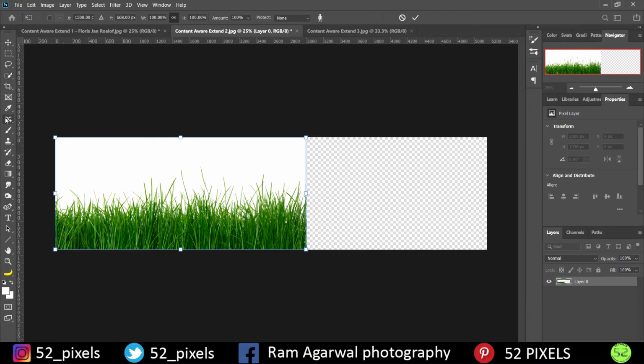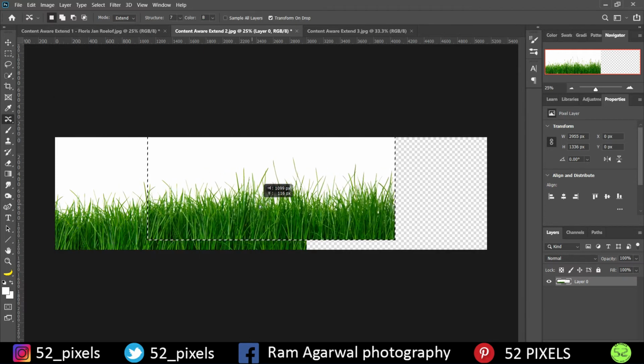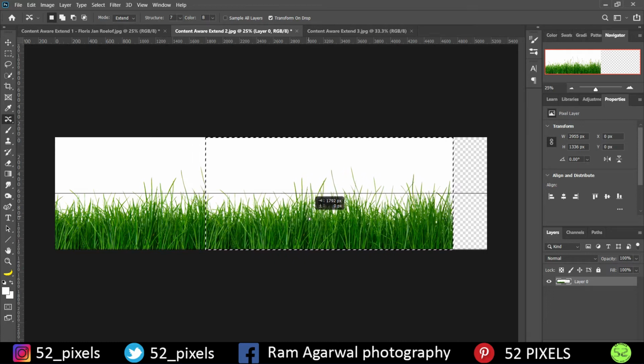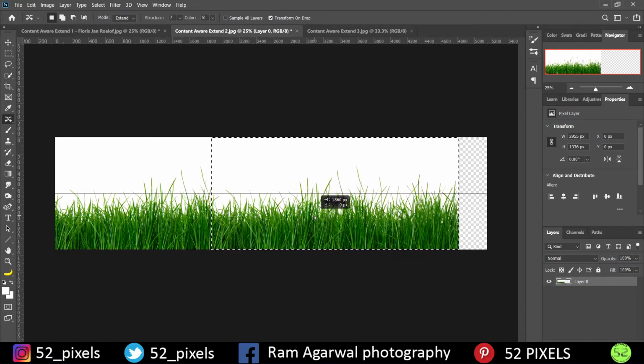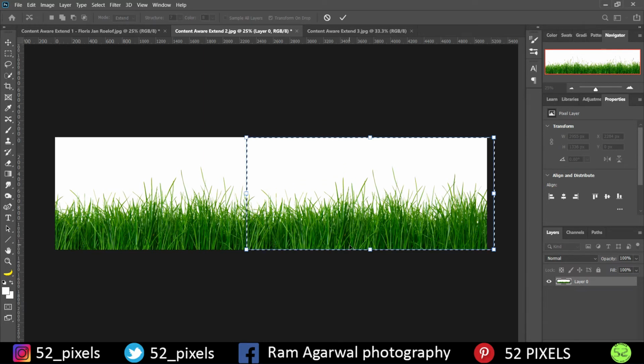So we are going to use the content aware move tool over here, then go to mode, go to extend, and now select a rectangular part using the rectangular marquee tool, somewhat like this. Now again go back to the move tool and drag this portion out. Remember, in content aware extend, the part is going to remain over there, it is just going to get copied and pasted instead of cut and paste as in content aware move. Now you would think, how should I place this other portion, because I want it to look natural. I don't want it to look like two images overlapping.